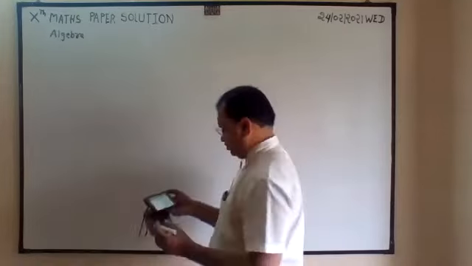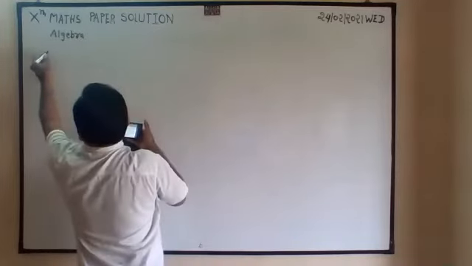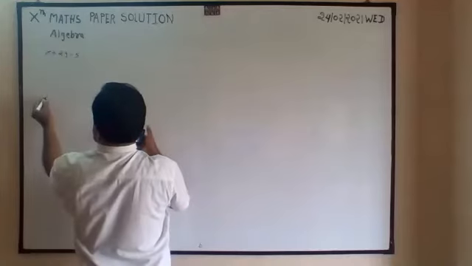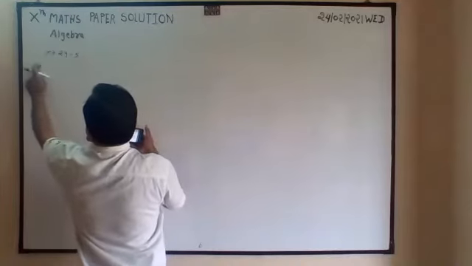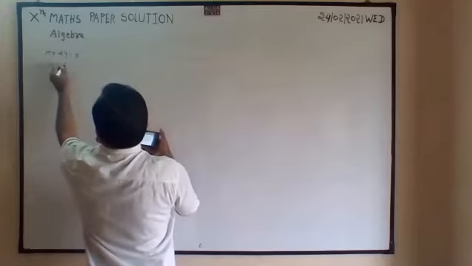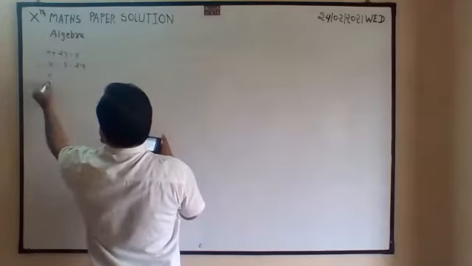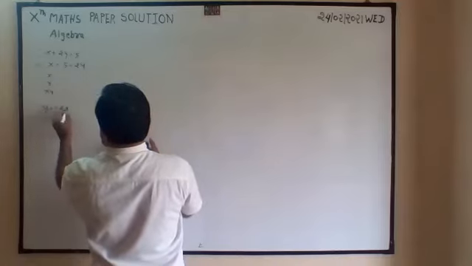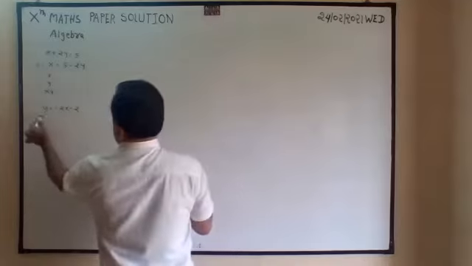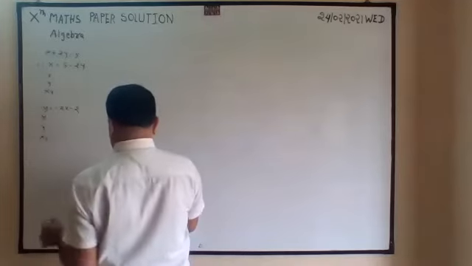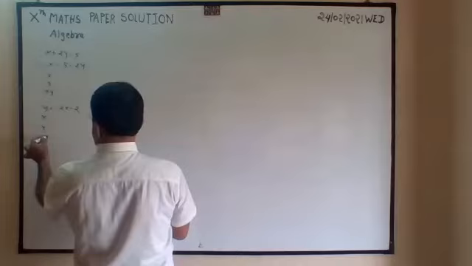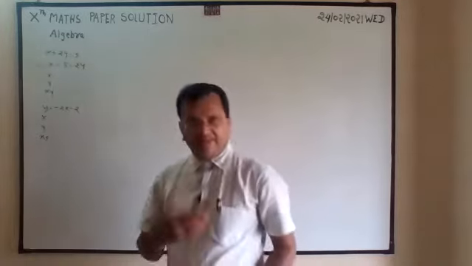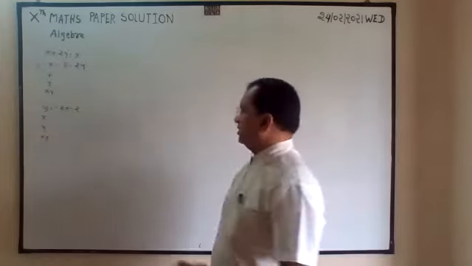Graphically, we have to solve. So I'll show you the table. x plus 2y is equal to 5, so x is equal to 5 minus 2y. Then x, y, x, y. Then it is given y is equal to minus 2x minus 2. So again x, y, x, y. Just fill the table and you can do the same on the graph.